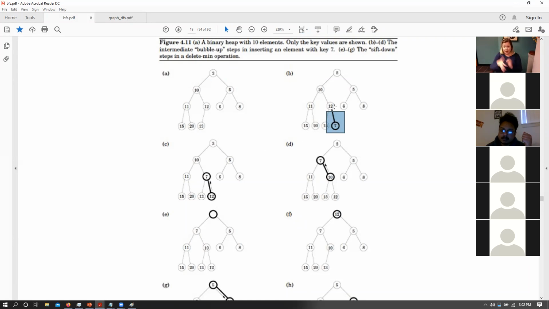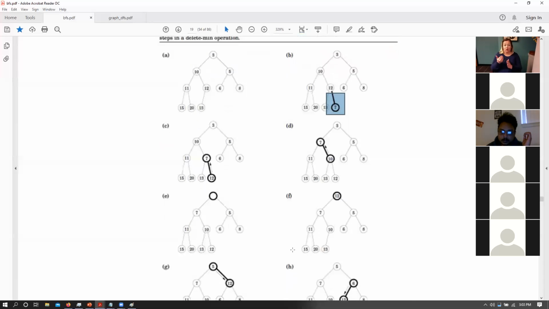Comparing 7 and 12, we see that 12 is larger than 7, so we swap these two values. 12 goes here, 7 goes here. Again, comparing 7 with 10, 10 is larger, so we swap 7 and 10. Now again, we compare 7 with 3, that is fine, the parent is smaller, we are done. Now 7 is at the correct location for this particular tree. So that was inserting a new element in this tree.